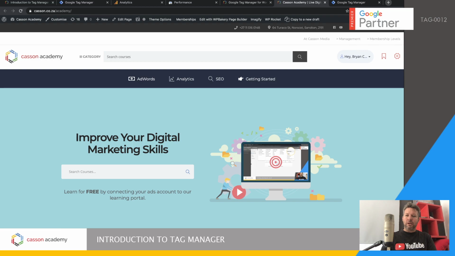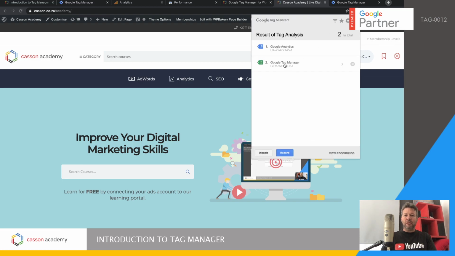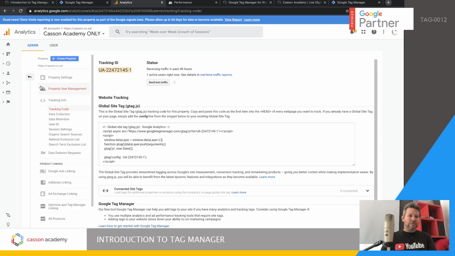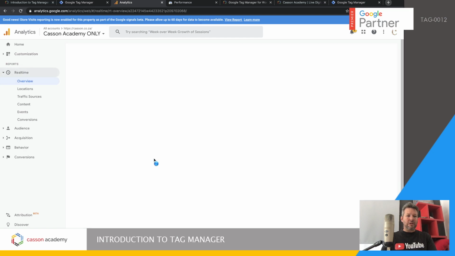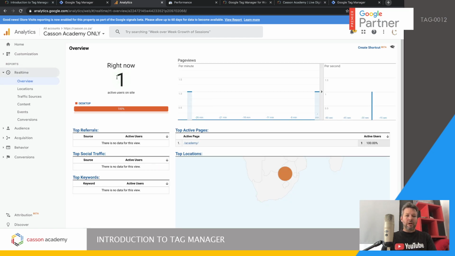And now underneath our assistant, it tells you the Tag Manager is running. And within Tag Manager, we have Google Analytics, which is running. So if I was to go to 145-1 and go over to real time, we can test it to see if there is a single visitor. There we go. The one single visitor is there,